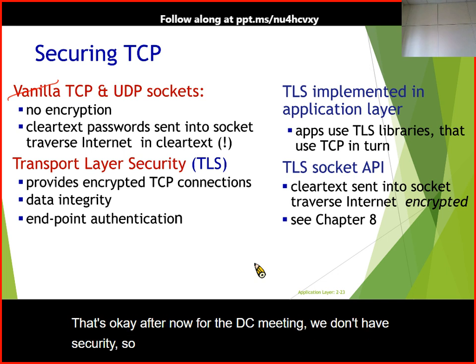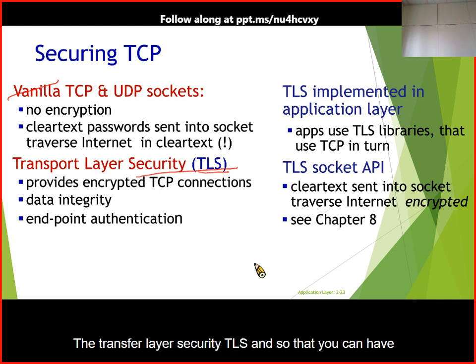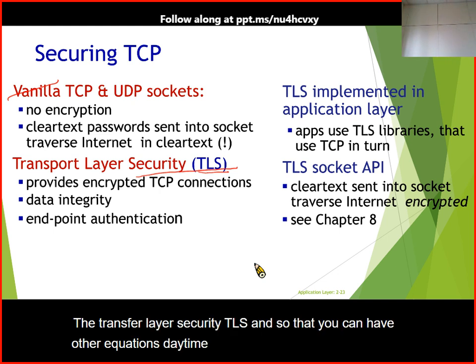It's clear text, even for the password. If we want to do so, you can have Transport Layer Security, TLS, so that you can have encryption, data integrity, authentication, and